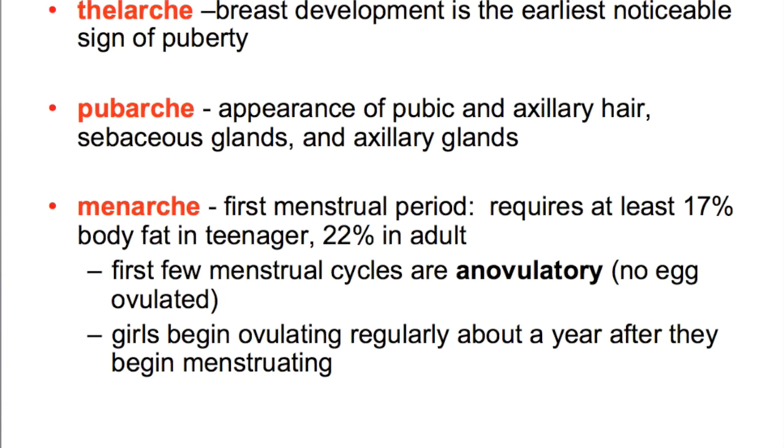So if we go back through these, thelarche is breast development. This is when you're going to get initial duct and alveolar formation. All right, completion of the duct is stimulated by glucocorticoids and growth hormone. And then adipose and fibrous tissue complete enlargement by about the age of 20. Now, pubarche is usually triggered by the androgens from the ovaries and the adrenal cortex. Okay. And then menarche,